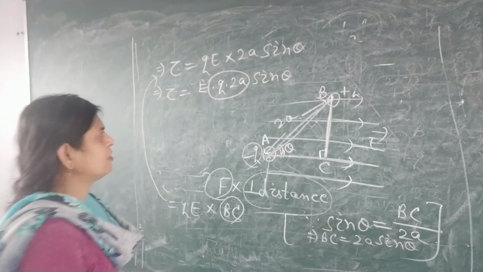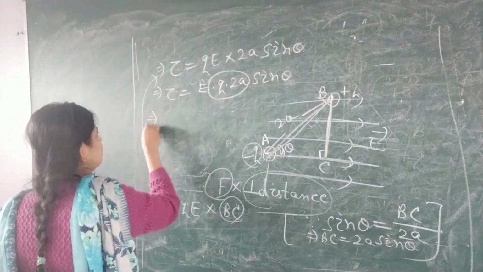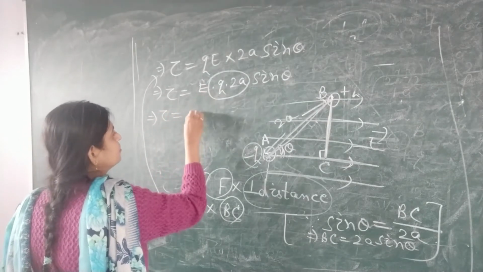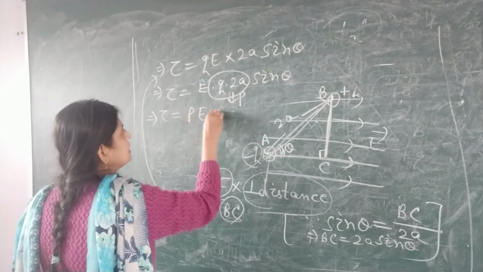What is the value of Q into 2A? That is equal to P, which is your dipole moment. So tau is equal to P E